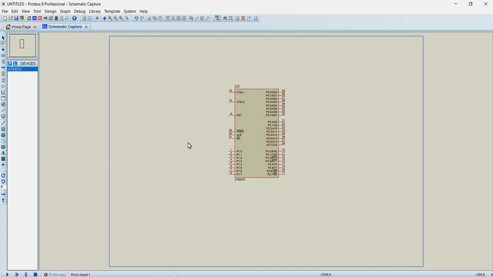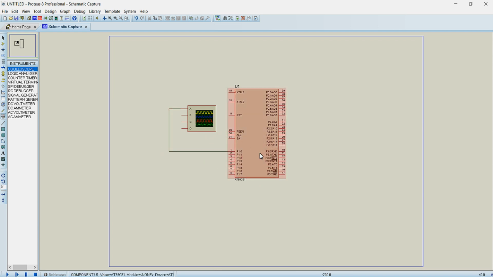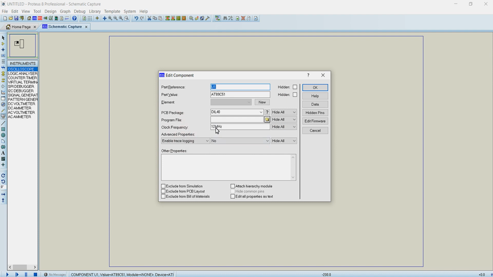For viewing the time period, we are just going to use the oscilloscope available in Proteus. Click on this Instruments tab and then choose this oscilloscope. Place the oscilloscope over here and connect the A terminal of the oscilloscope to the pin P1.0. Double click this microcontroller and change the crystal frequency to 11.0592.